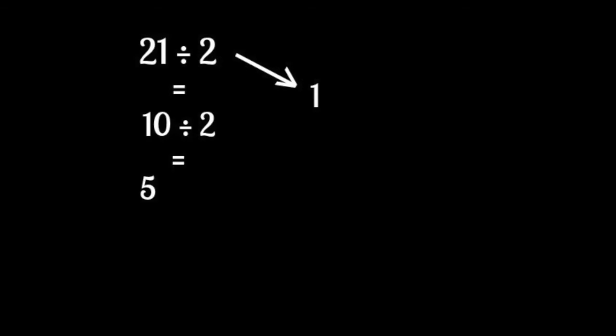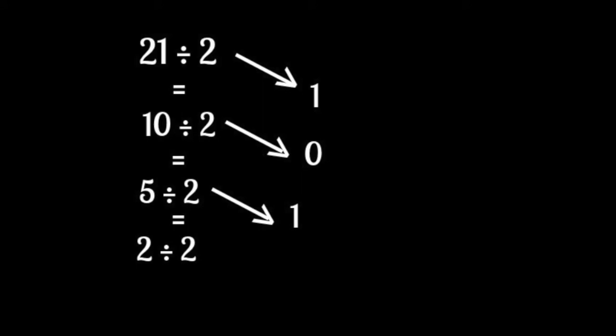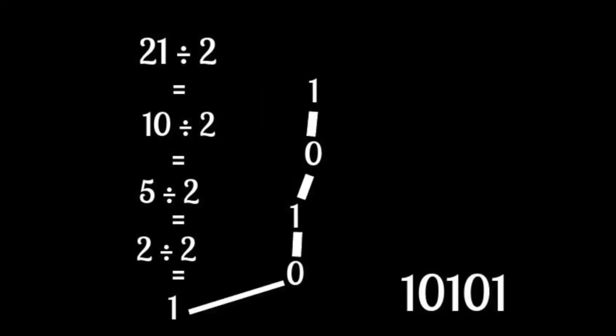Alright, but an even quicker way to do the exact same thing is simply dividing the number by 2 and looking at the remainder. Okay, so let's take 21 again as our example. 21 divided by 2 gets us 10 with the remainder 1, so we keep the remainder. Then our quotient is divided by 2 again, which gives the remainder 0. Then the process is repeated with 5, remainder 1. Then 2 divided by 2, which is 1 with remainder 0. These, when put together from bottom up, give us 10101. That's how numbers work in binary.